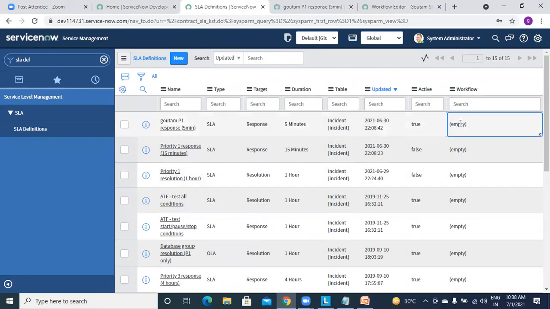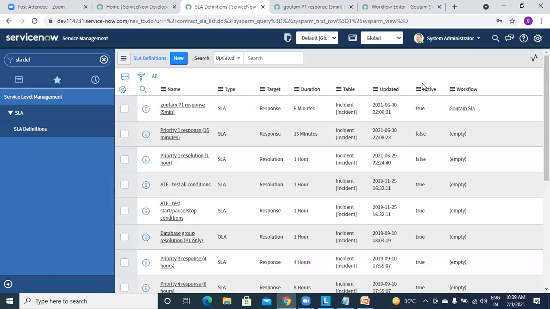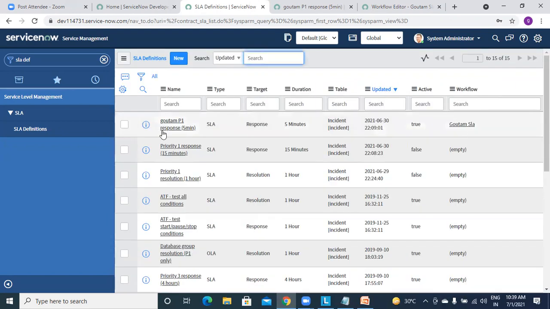It is again removing. It is not allowing to save. Refresh. Yeah, no, it is visible. And I will make this just 2 minutes. Changing. So our SLA definition will have only 2 minutes of time.